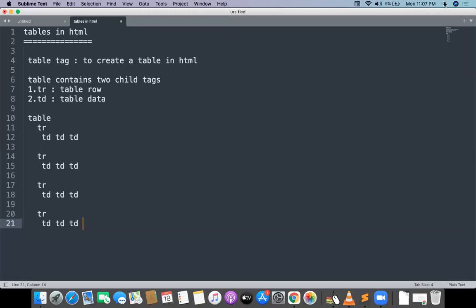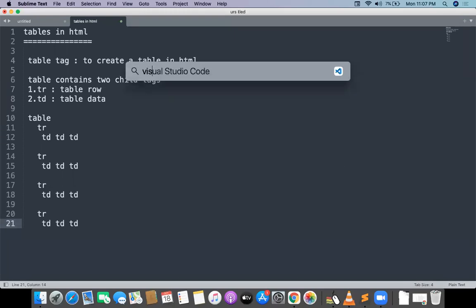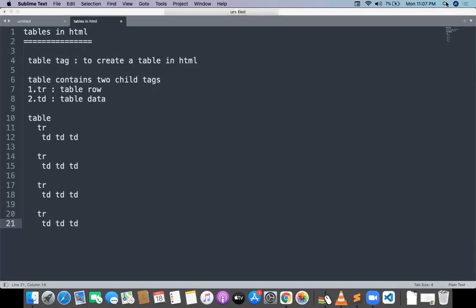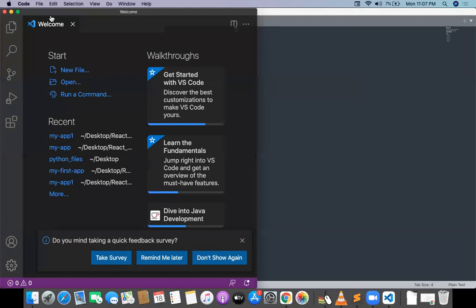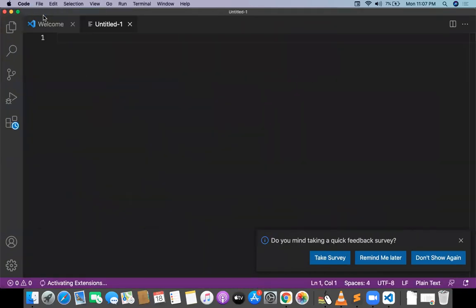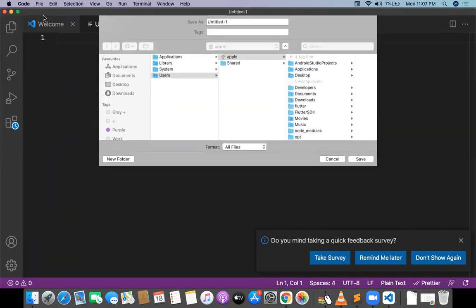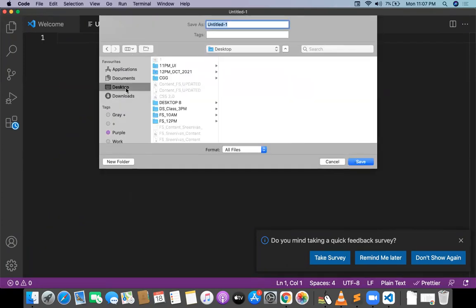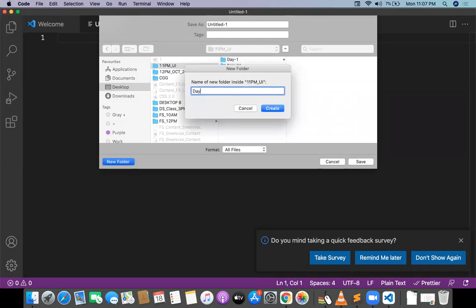So let me take one simple program on how to work with the table. I'm opening Visual Studio Code. In Visual Studio Code, I want to create a new program. This will be a new file, and I'm going to save it as table.html, in a new folder, something like day 3.